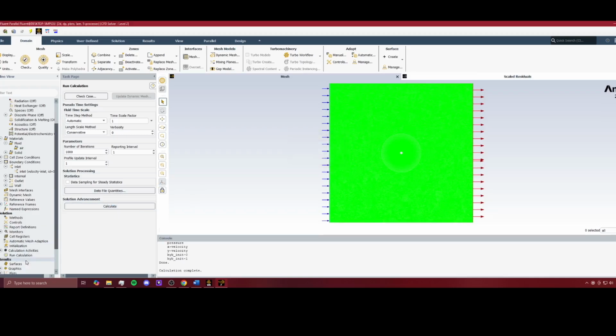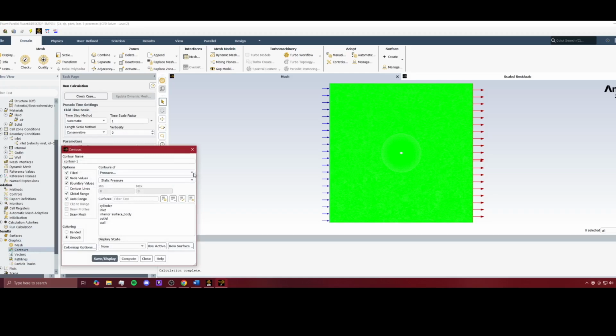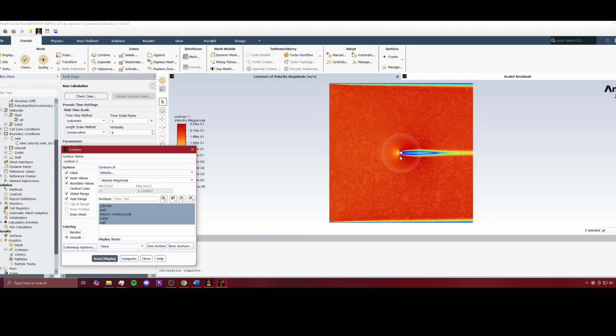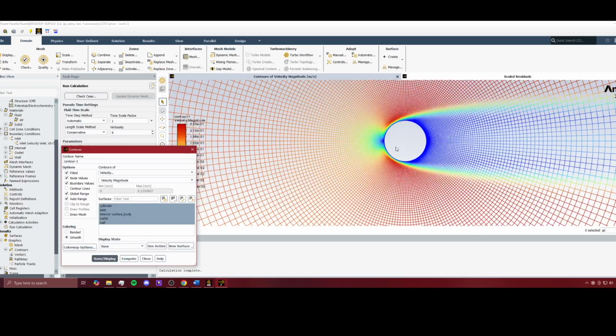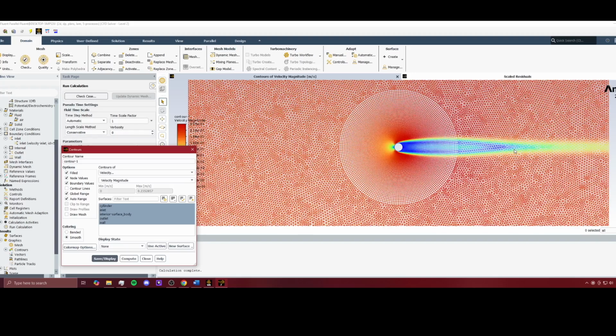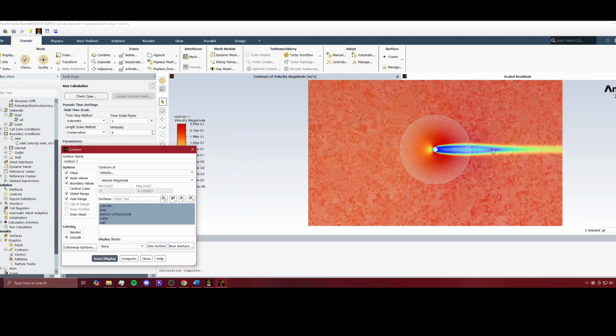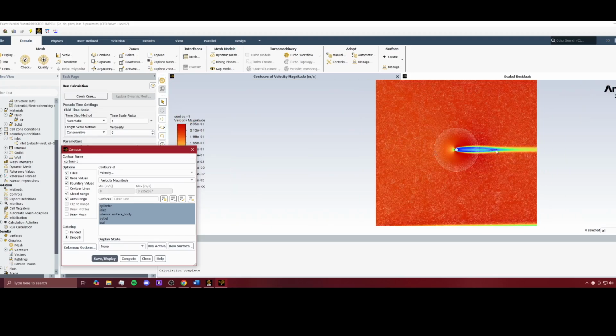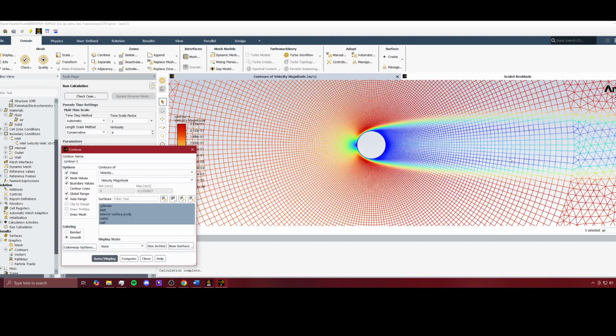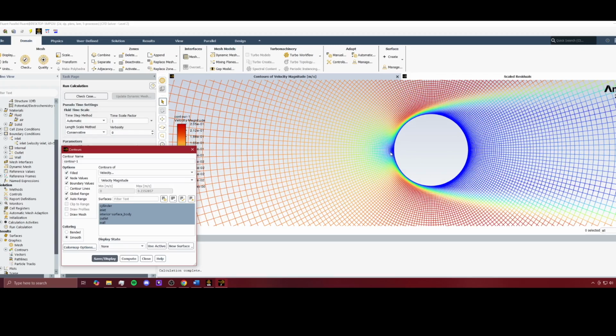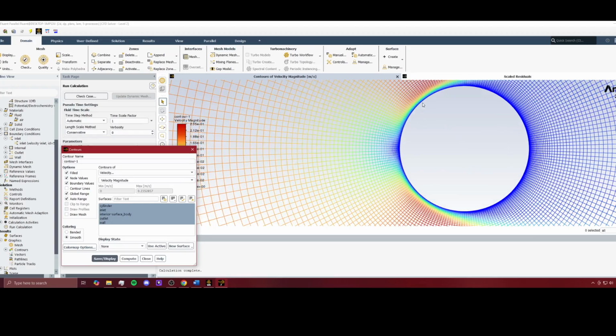So that calculation is complete. Now we can look and make sure everything looks right. We've got contours. Let's look at the velocity here for all these, compute. And yeah, so this looks pretty good. We can see this long wake region, which there should be for a viscous, laminar flow, with low velocity. And then we see here that the velocity is very small, and around the entire surface there's 0 velocity because of